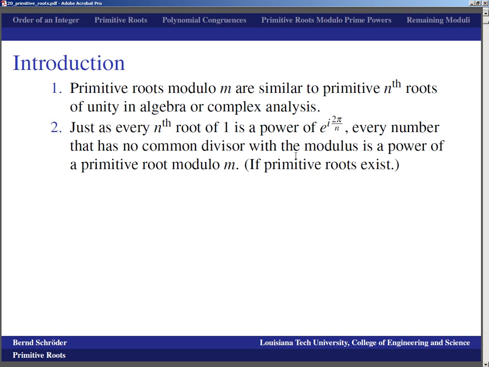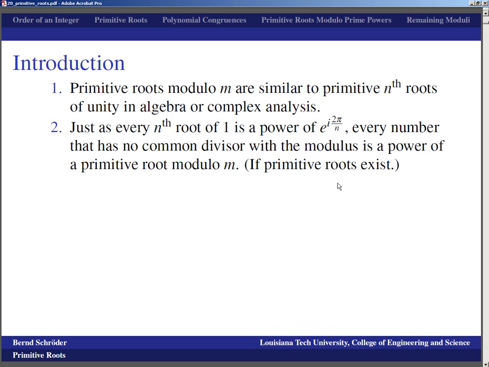Whereas in complex analysis you can just take the unit circle, cut it up into n equal angles, and then the number of size 1 that sticks out at the angle 2 pi over n will be a primitive root, meaning it will be a number that, as you raise it to higher and higher powers, captures all the numbers so that x to the some j is equal to 1. The same thing happens with primitive roots in modular arithmetic,